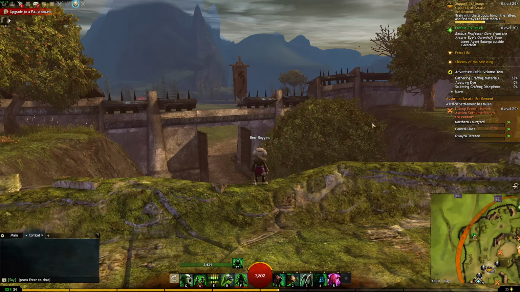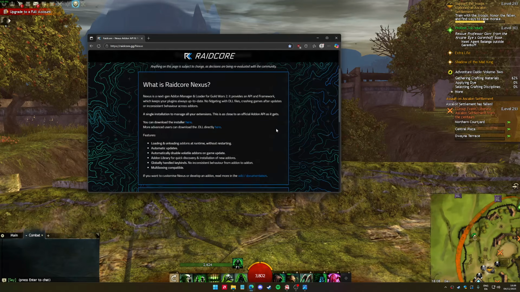Hi there. I'm going to show you how I got rid of the camera smoothing in Guild Wars 2 so that you can do it too. Okay, so step 1 is you don't have Guild Wars 2 open. Okay, step 2 is going to this website,